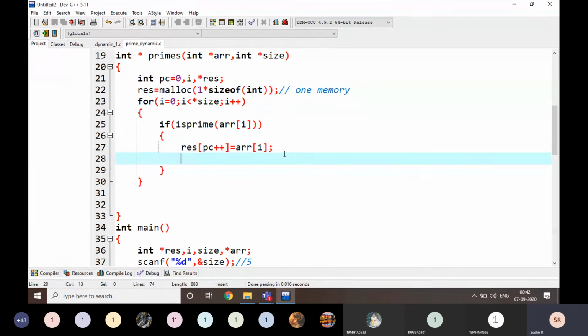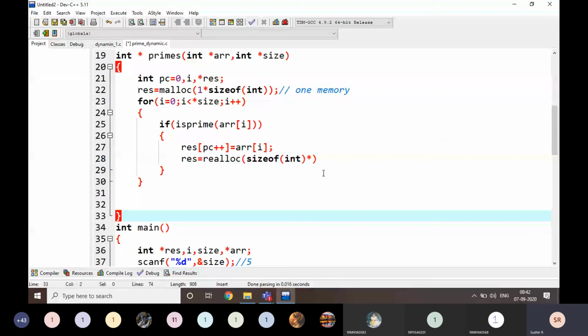And now I am going to take one more extra memory. Extra memory means it is going to be reallocated. Realloc of result, I am going to allocate with size of int into one extra space.